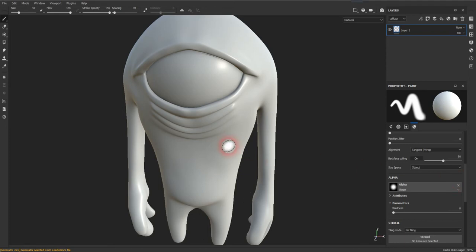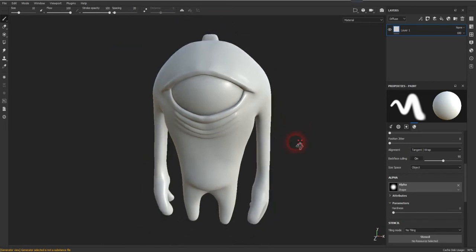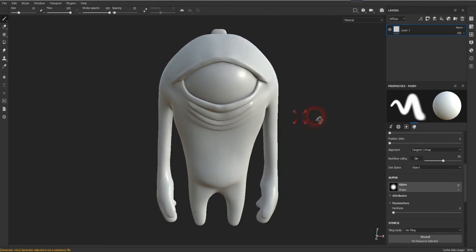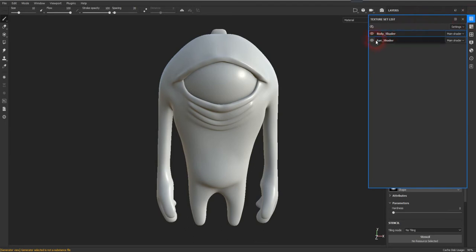So here I am in Substance and I'm going to do a little bit of playing around with some materials and some layers, to show some different practices to create interesting texture on my creature. My creature has two objects, and I'm going to be working only on the body,